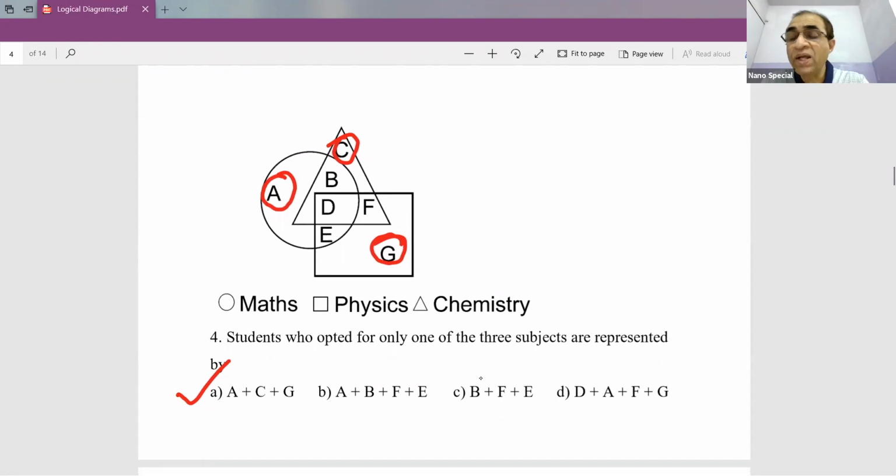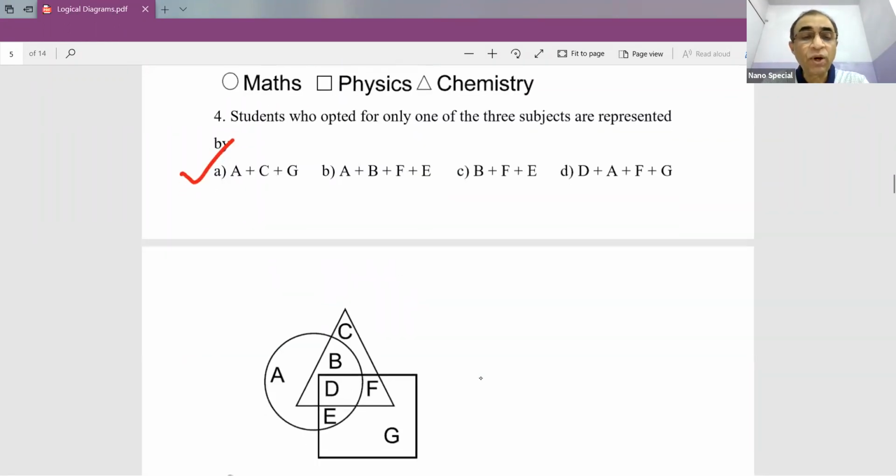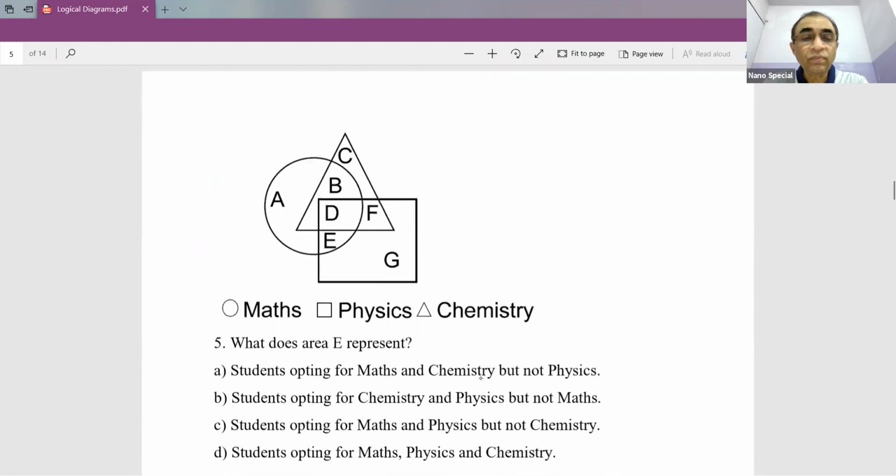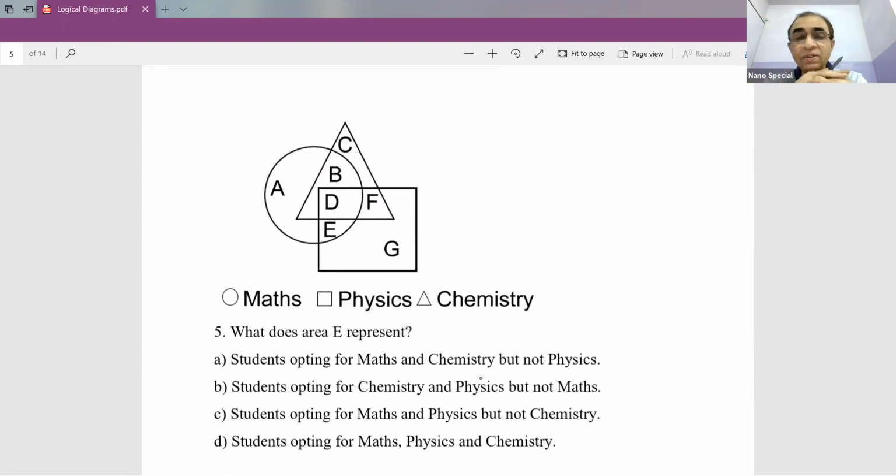Okay. I want to see quick answers from everybody. Let's go on. What area does E represent? What area does E represent? Yes, Shreya, that's good. Fast answers. Yes, Rishita, Akshita, very nice. Quickly. Ruchita, yes. Yup. Quickly. The others, what are they? Are they sleeping or what? Everybody, please answer quickly. It doesn't take too much time and there's nothing much to explain here.